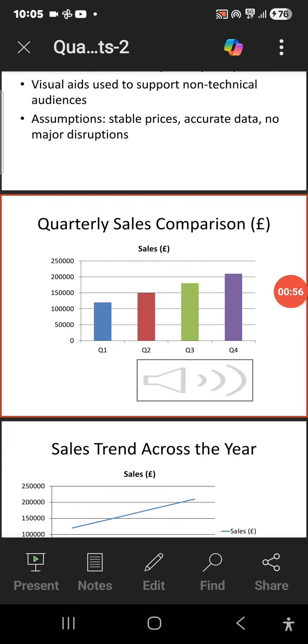Slide number 2 and slide number 3 are really self-explanatory, so that's why I didn't do any commentary on that. However, coming to slide 4, as you see, it depicts clearly, for those of non-technical understanding, how the trend of sales is occurring